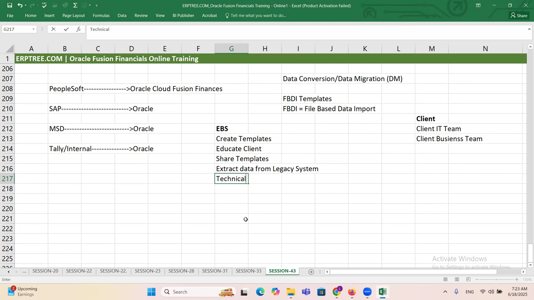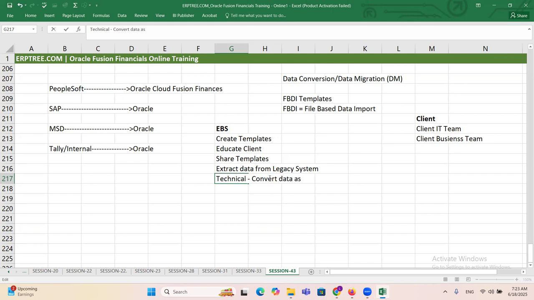The technical consultants write a lot of coding, programming, to read the data which is available in the templates. And the template data, the technical people convert